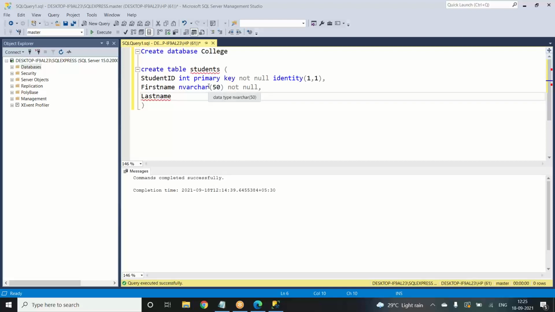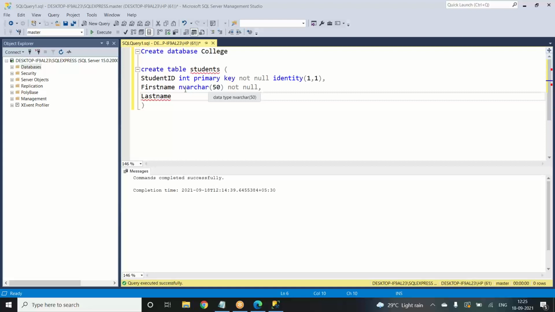Character means it gives you the flexibility to have only characters inserted, and nvarchar means we can have a number and alphabetical combination. So that is what nvarchar means. Sir, but in this scenario, I think we can just use varchar because in a first name there is no probability of a number coming in between the alphabets. Yes, correct.